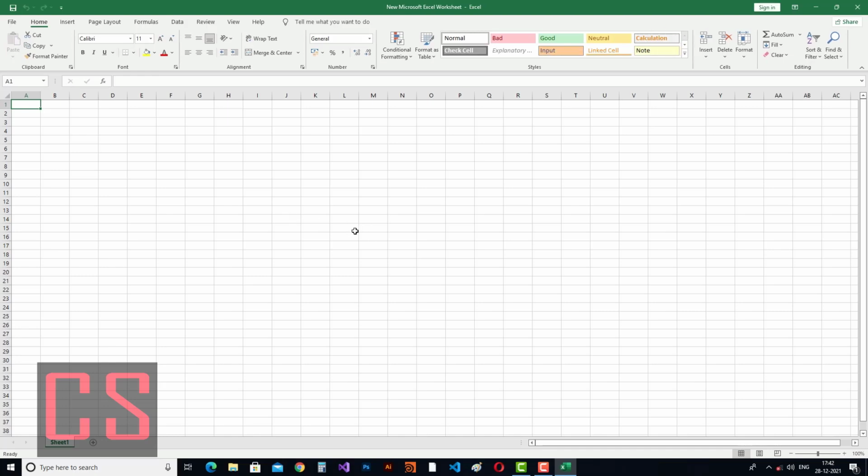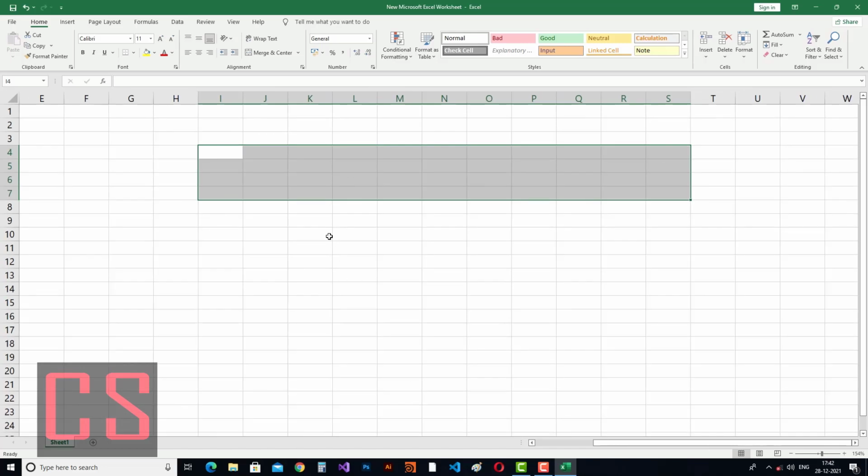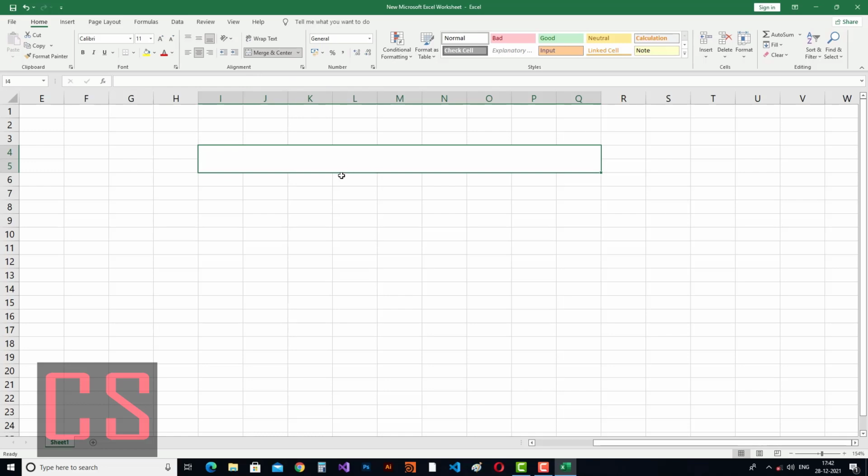Well, now in this Microsoft Excel, I want to make a specific type of conversion that is very useful for school students, especially 11, 12 or 9, 10. Those have Excel in their syllabus.